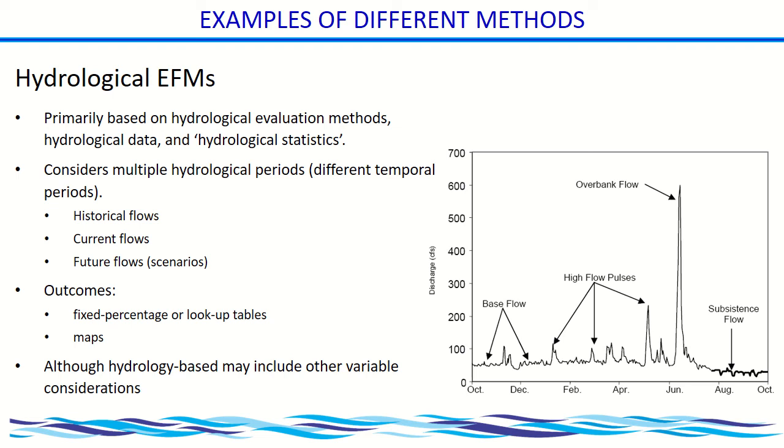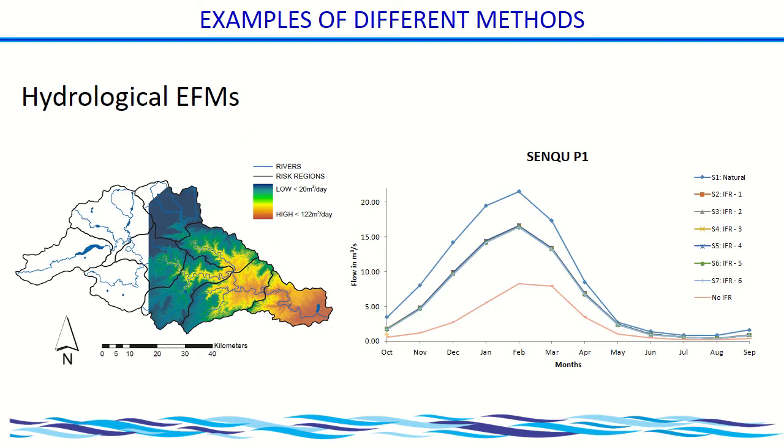Do you understand that? If you stay in the river, like this Crocodile River here, it doesn't dry up. It goes low, but it doesn't dry up. There's always water in the system for refuge area for the ecosystem. If you change the hydrology of the system and you dry it up, there's no more water in the system. Why? Because you're abstracting all of the water upstream. You will cause a massive impact to this ecosystem. Do you understand that? And from a hydrological perspective, all you're looking at is how much water is available, how much water is being used, how much water does the system need.